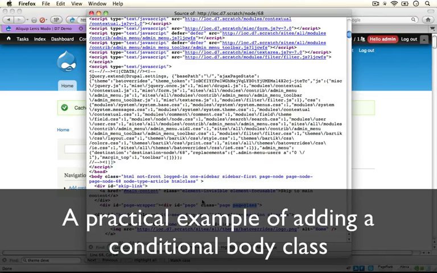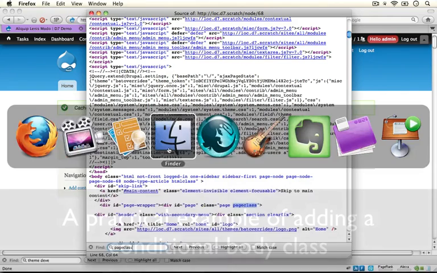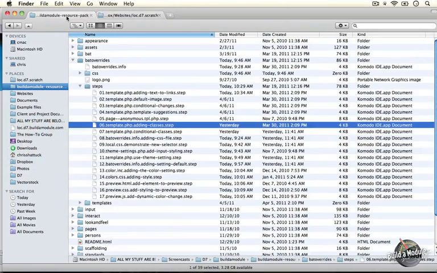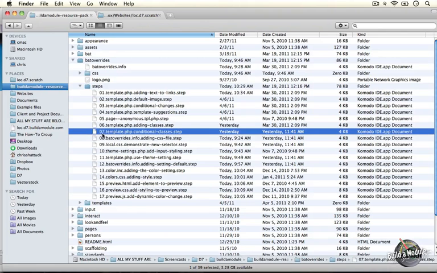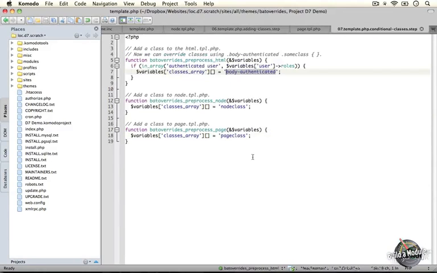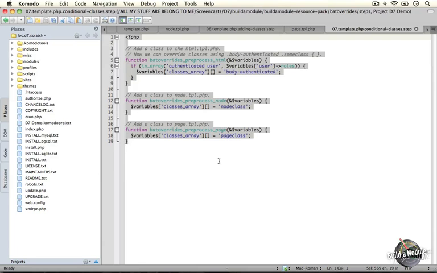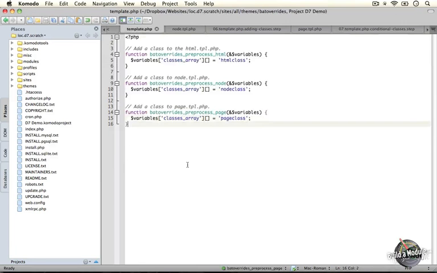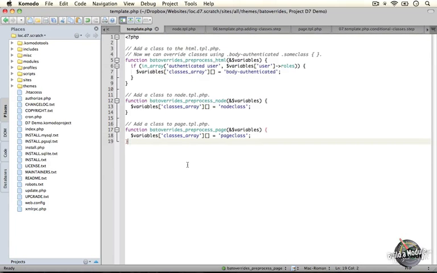Let's look at a little more practical implementation of adding classes based on certain contexts. I'm going to jump back to the resource pack directory and go ahead and open up the 7th step, which is called conditional classes for template.php. Go ahead and copy the entire code and paste it over the code that's currently in your template.php file and